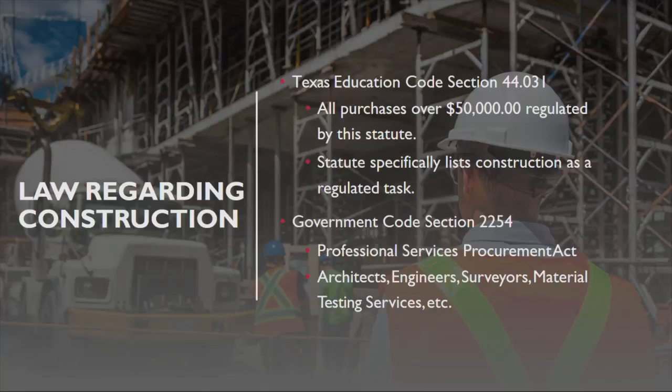So essentially, that's the applicability criteria. That captures every decision that the school board ever makes regarding construction at 50,000 or more has to follow the following process. And then it cross-references Chapter 2269 of the Government Code for Construction Services. So essentially, the Texas Education Code says, if you're gonna spend more than 50,000 in construction, now let's flip over to Chapter 2269 of the Government Code.